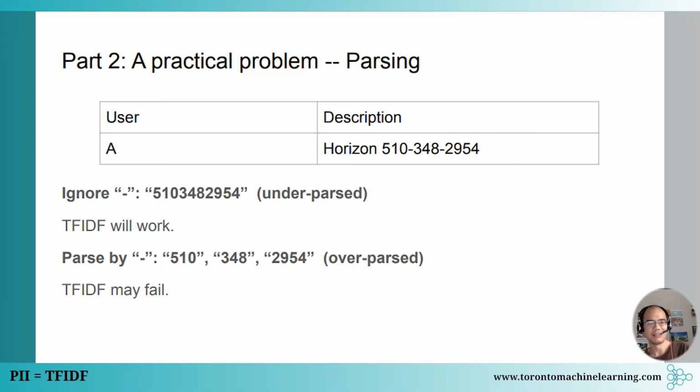So the DF may appear for a lot of different people, so your filter might fail in this principle. And in general, if we cut down our text into smaller and smaller building blocks, they repeat all the time. There are just 26 characters and 10 digits. They always reappear. So overparsing in this case is going to make your TF-IDF method fail. So it looks like in this particular case, you want to underparse it to ensure that your method will work.